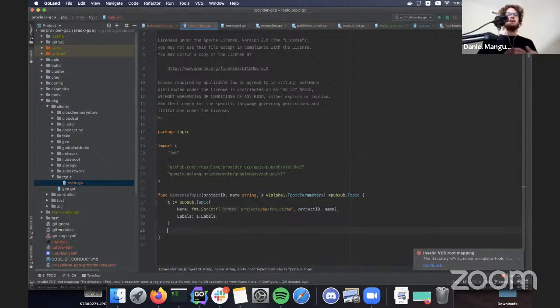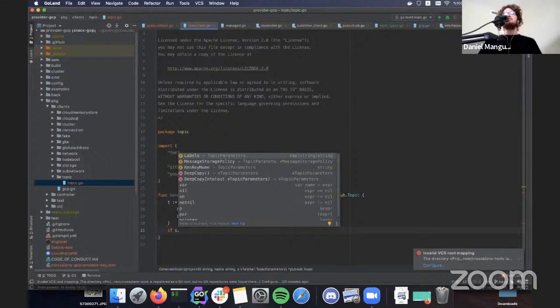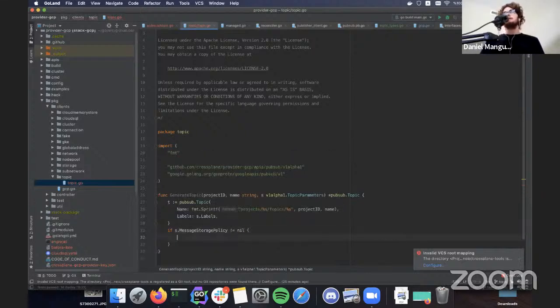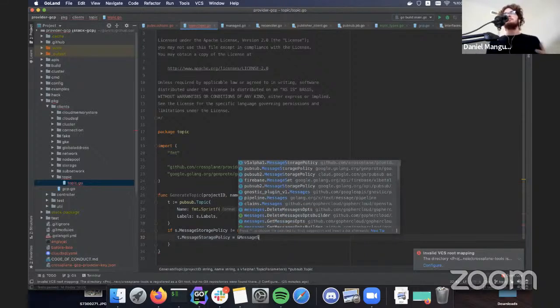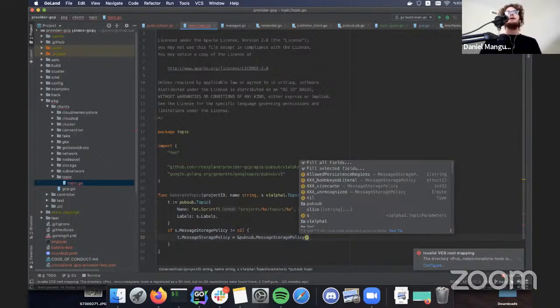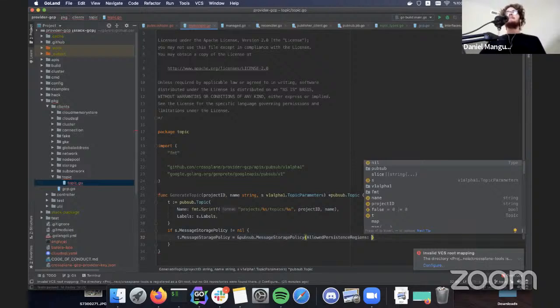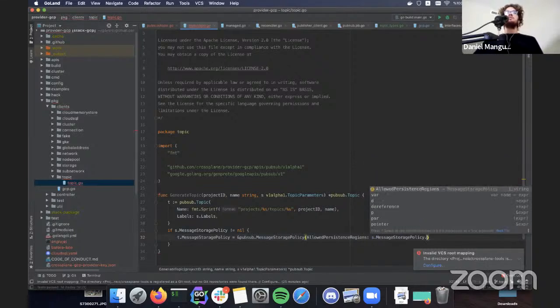What that means is, as he said, we used an annotation to handle naming. It's saying use the name of this actual CRD instance, in this case an instance of a topic, as the name of the resource in GCP.